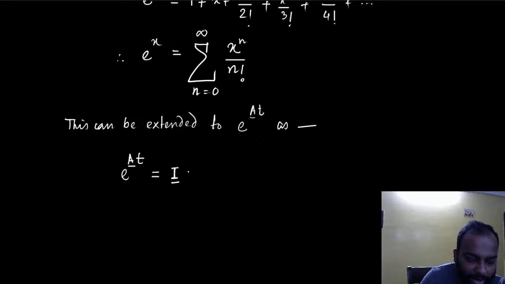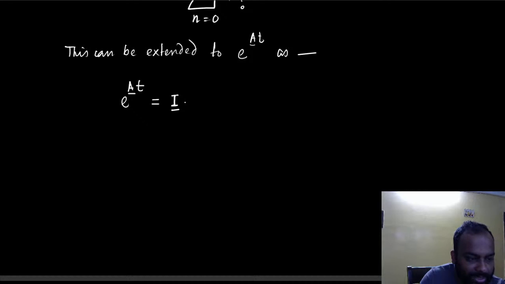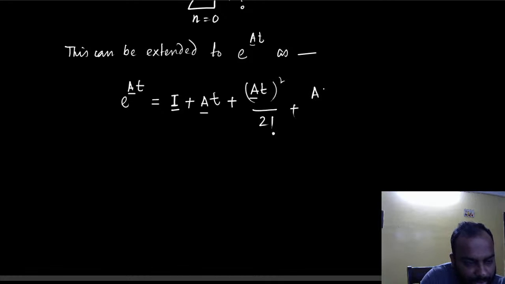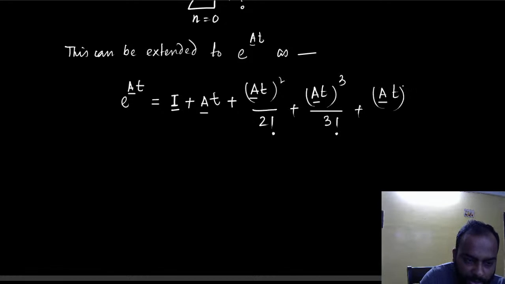See, there is no 1 here, right? So 1 is I as far as matrices are concerned. Then I would have, instead of x, this is your x here, right? This is now A. So that's x here, right? Then plus A squared by 2 factorial plus A cubed by 3 factorial plus A to the power 4